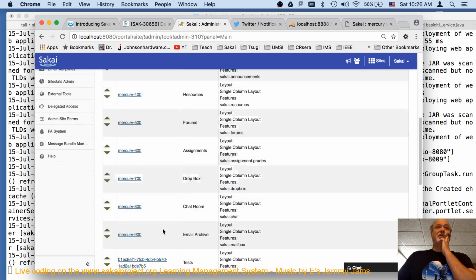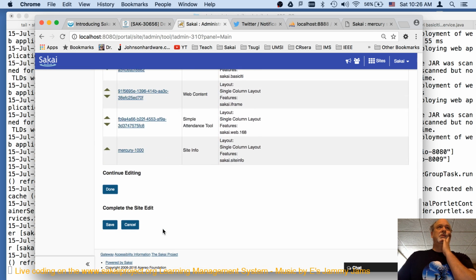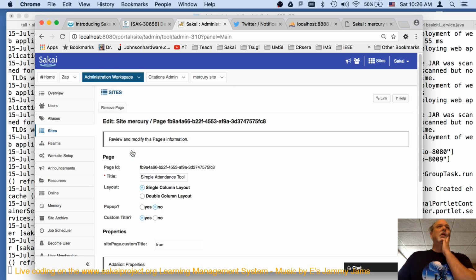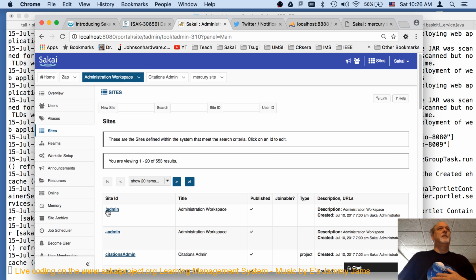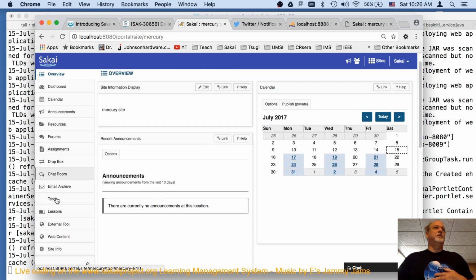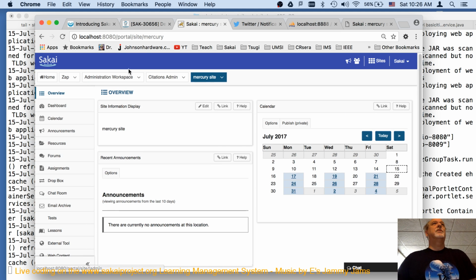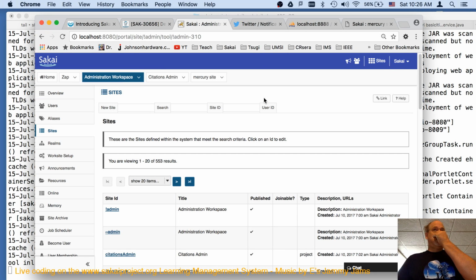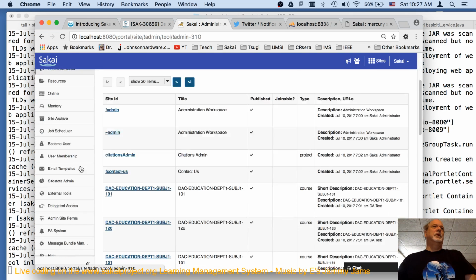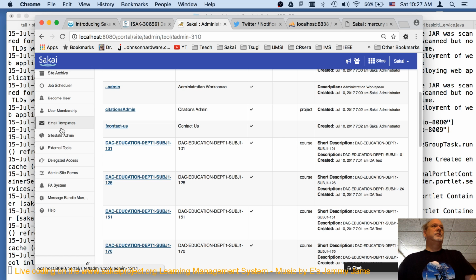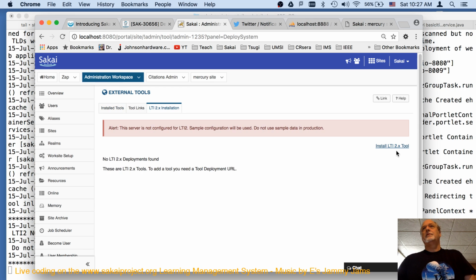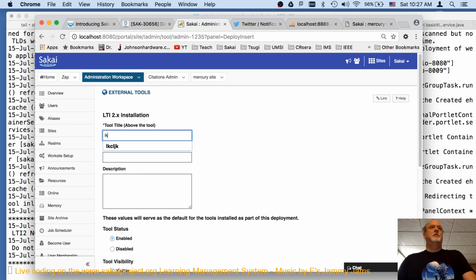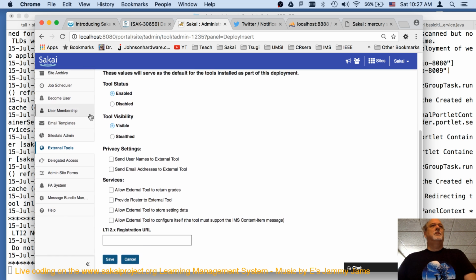That should probably be somewhere else. Now if I go to Mercury, I should not see all those mistakes. Okay, so now I can go to external tools, install an LTI guy. Check all.